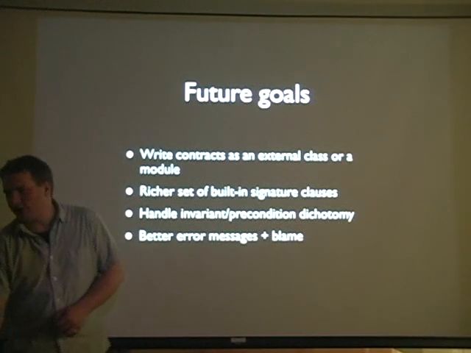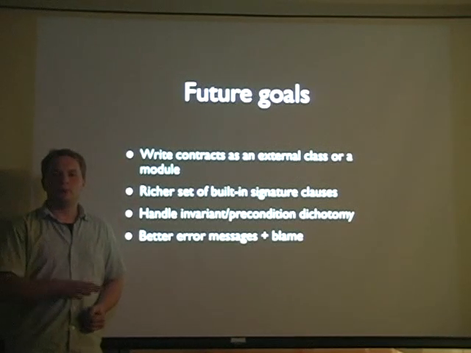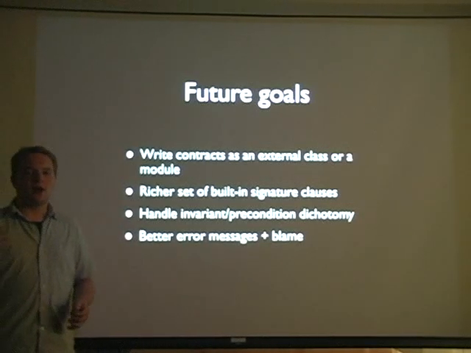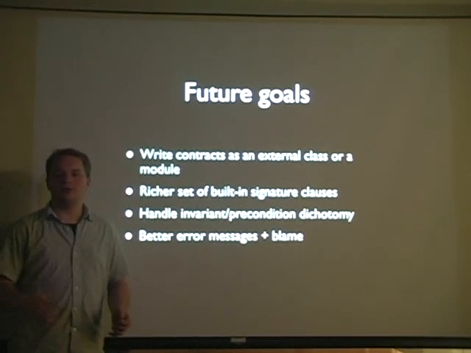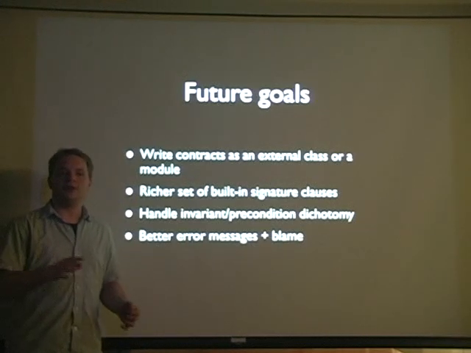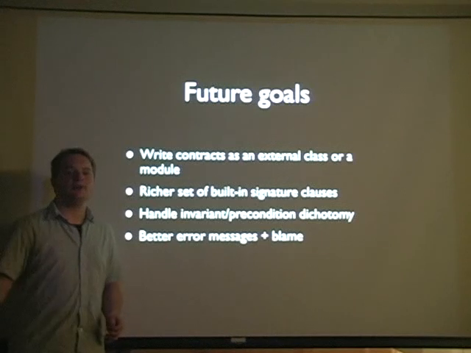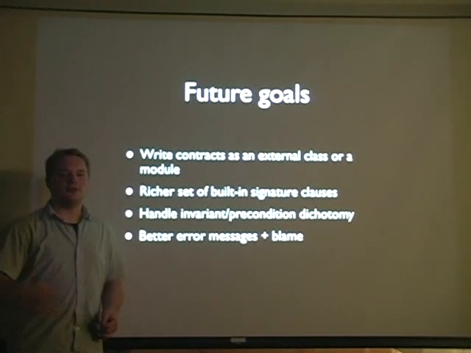So right now, everything that you saw is contracts defined within the class, for the most part, the class that implements those methods. Ideally, in the future, you'd want to be able to define contracts as part of a module and then apply that module to the class in question or to the object in question. You can do something similar by defining a superclass that defines purely contracts and then have subclasses inherit from that superclass, and then all subclasses are checked as per the superclass.